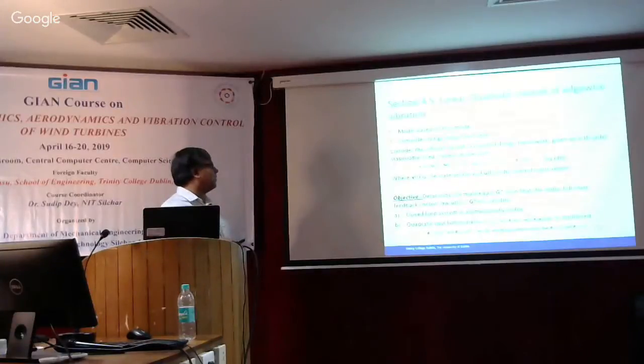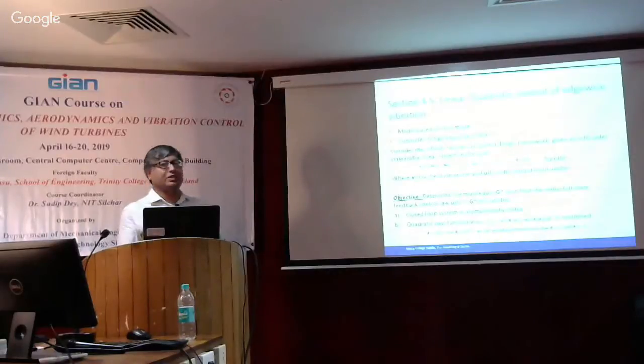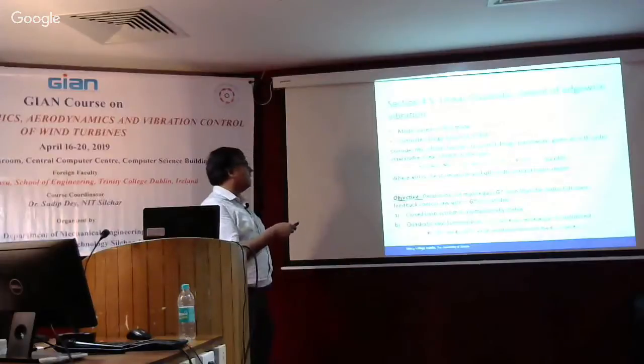Then we can write this in a state space form. If you take your system, which is a second order differential equation, and consider your states as the displacement and velocities, like x and x dot, then from the 4 differential equations we have for 4 degrees of freedom, we'll have an 8x8 matrix. The state now considers the displacement and velocities of the blades and the tower. So you have an 8x8 matrix in this particular